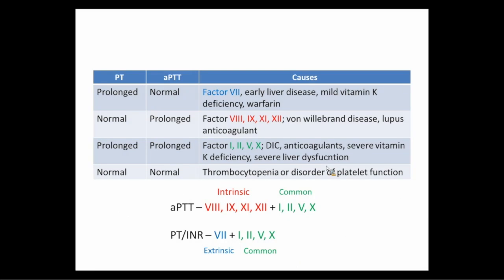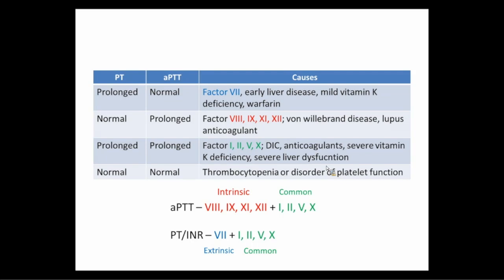Our patient had a normal PT and an abnormal APTT. So we're trying to figure out if there's something wrong with his intrinsic clotting cascade or something else that's not measured by this test. So that would be deficiencies of these factors that we talked about, 8, 9, 11, or 12, and von Willebrand disease. So I think you mentioned von Willebrand disease. So what was your